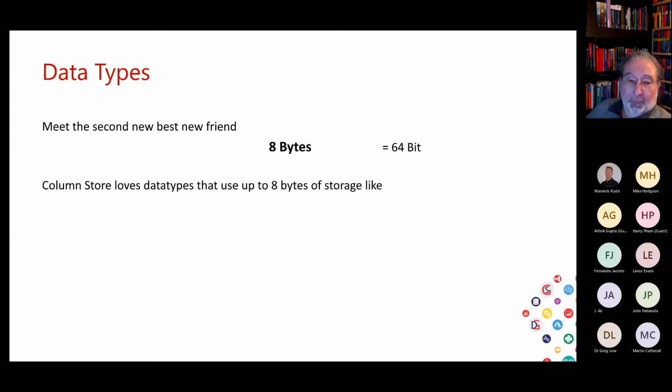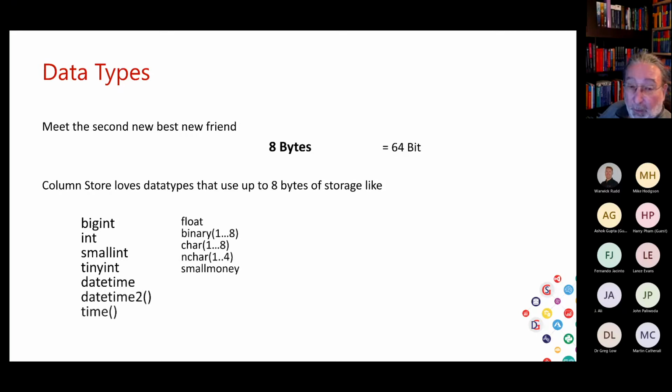Column store just loves up to 8 bytes. Which ones are these? Big int, small int, tiny int, float, binary 1 to 8, character 1 to 8, national character 1 to 4, small money, date time 2, and time. Yeah? So these are the ones that use 8 bytes or less, and very, very efficient when it comes to